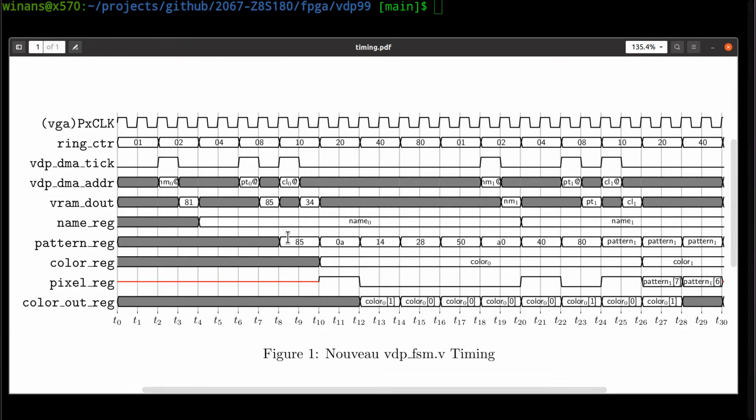Because remember, when we render a pattern, it comes out of the pattern memory, and the most significant bit of the pattern byte is the first one that goes on the screen, and then the next most significant one follows, until we get to the least significant bit. So what I'm going to do is simply shift it left one bit each VDP pixel